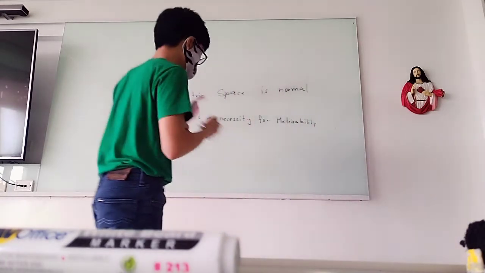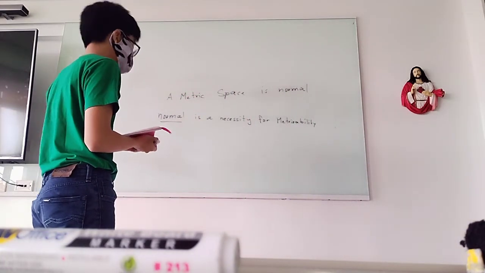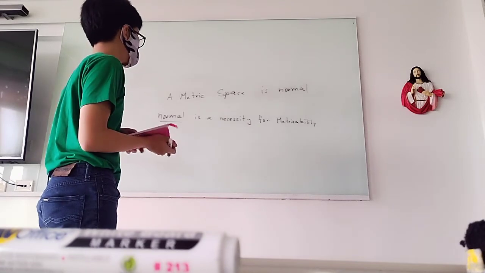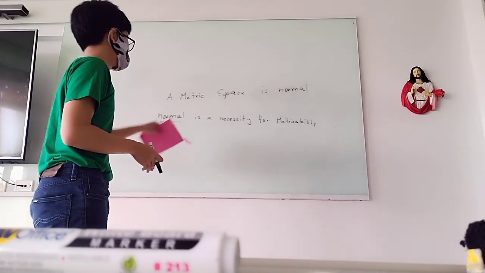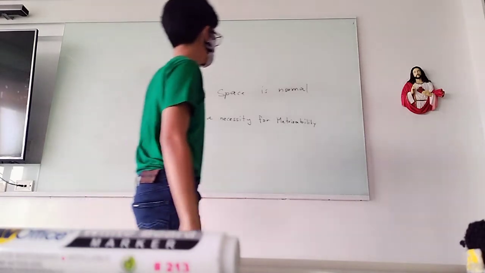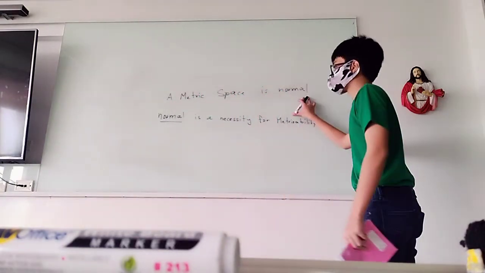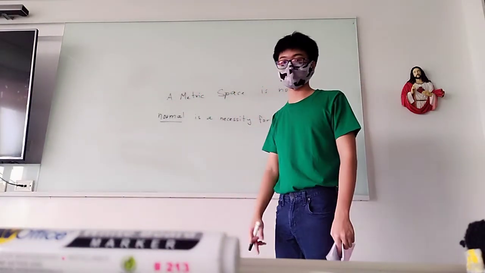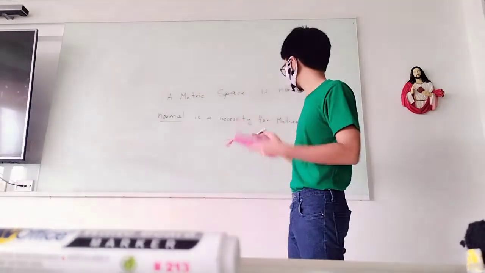Because we now want to state that if a topological space is not normal, it cannot be a metric space. Now my logic on this is that